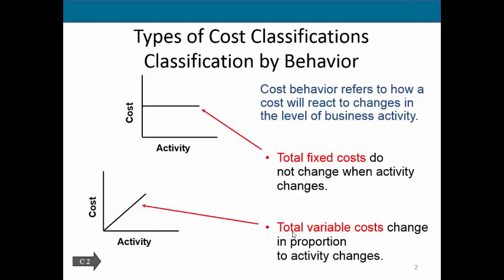If we're talking about fixed costs, these costs stay the same, and they're not going to change simply because we make more or less of our products. On the other hand, variable costs in total are going to vary in proportion to changes in activity. You can see here we've got graphs that depict total costs. These are our total fixed costs and our total variable costs. What you can see here, this vertical axis, is the y-axis, and that represents cost. So these are what we're talking about in dollars. It's the same on both graphs. And then here on our x-axis, this is activity.